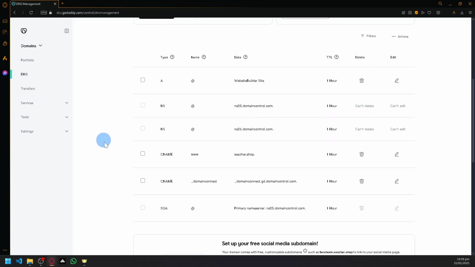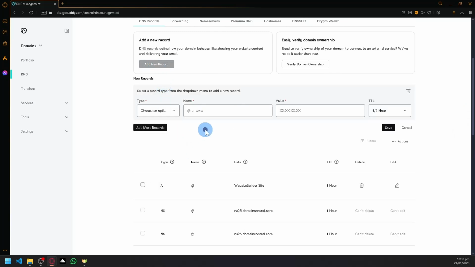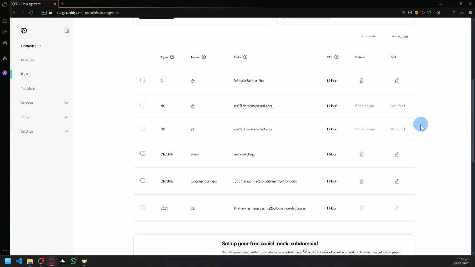For example, over here on my domain list, I have not connected my domain to any website or any platform just yet. So my DNS over here has been untouched. So you guys could copy my DNS records over here and you could easily add new records on the top section. You could click on add new record and select the specific type and enter the different information. Aside from that, you could also delete specific listings over here that you don't want to appear